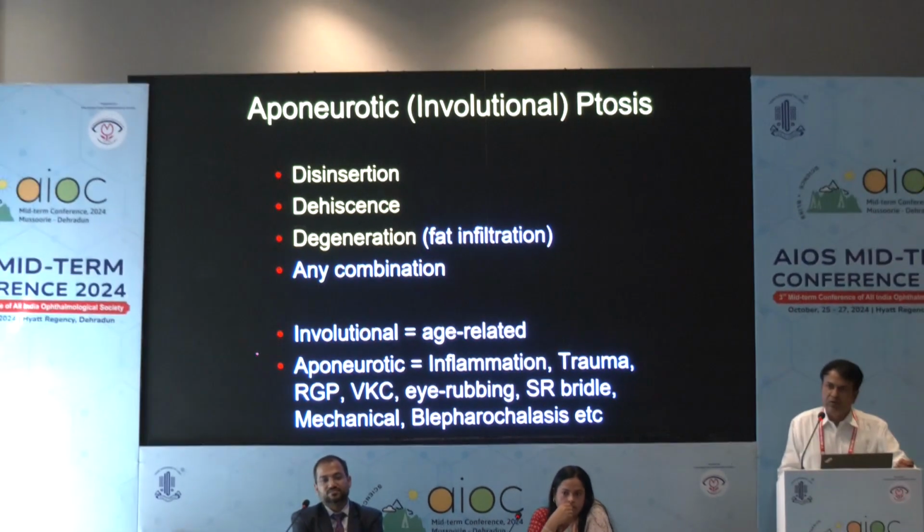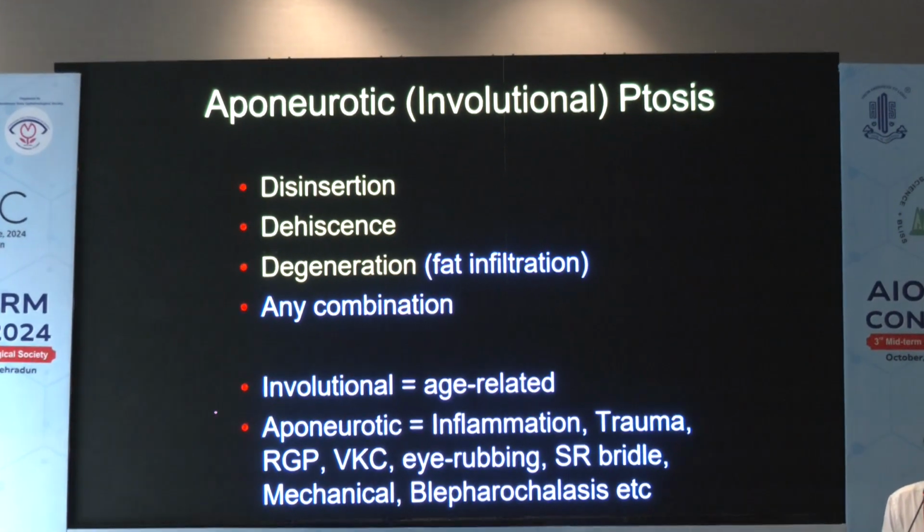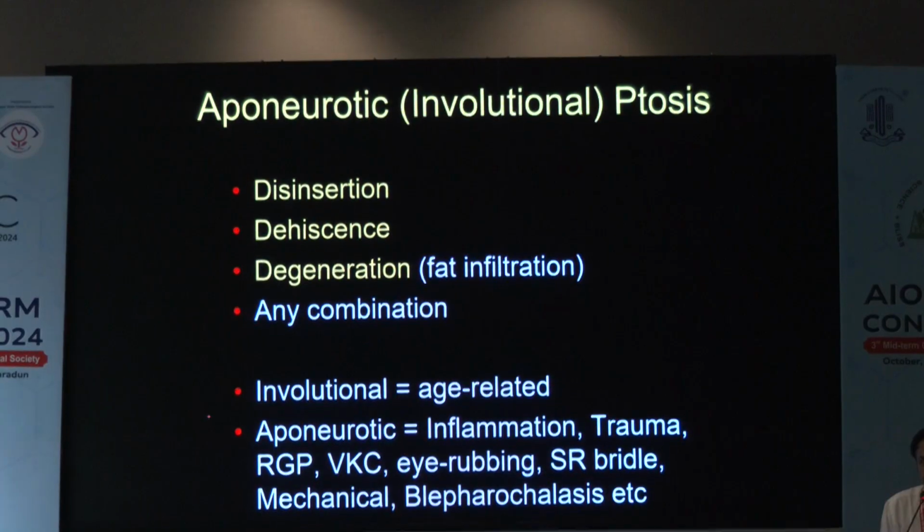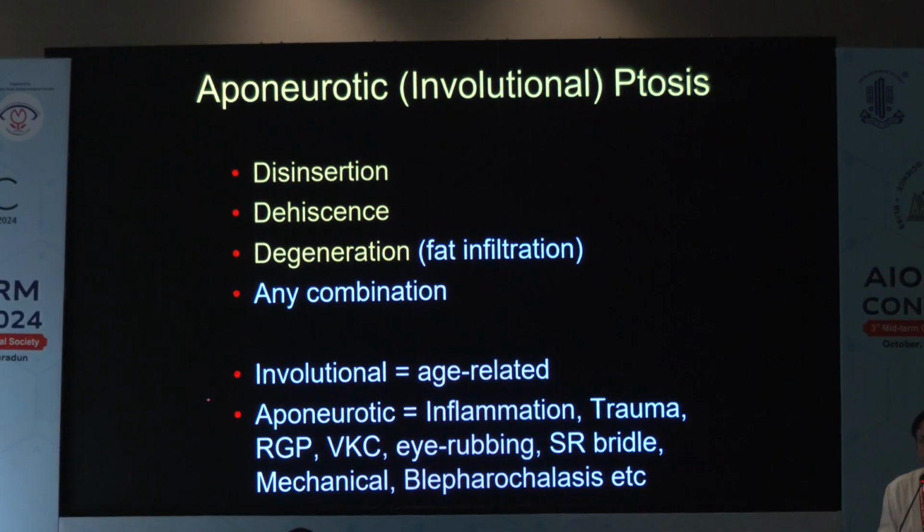Good afternoon. The next 7 minutes or so, I'll be speaking about aponeurotic ptosis. Aponeurotic ptosis, also called involutional ptosis, has disinsertion of the levator, dehiscence of the levator, or degeneration. Just remember the 3 Ds as the possible mechanisms. Along with disinsertion or dehiscence, degeneration could be a component, or degeneration sometimes could be standalone without any dehiscence or